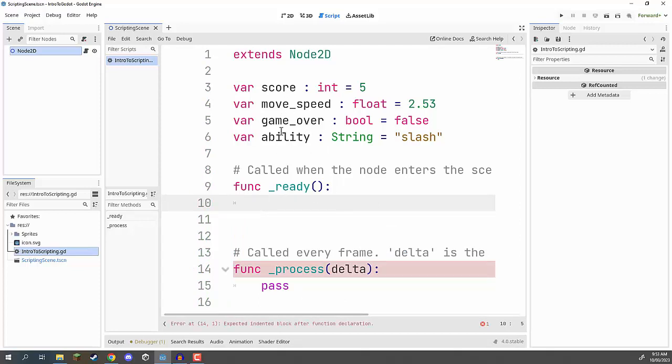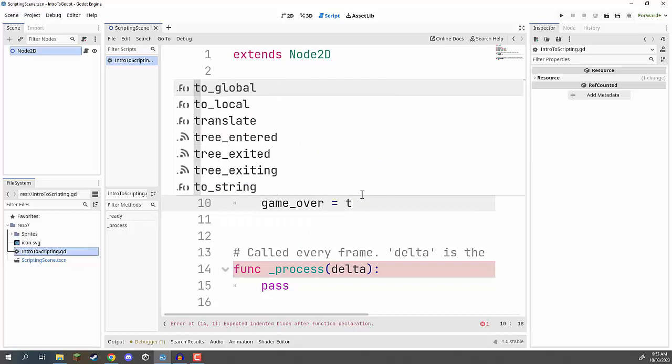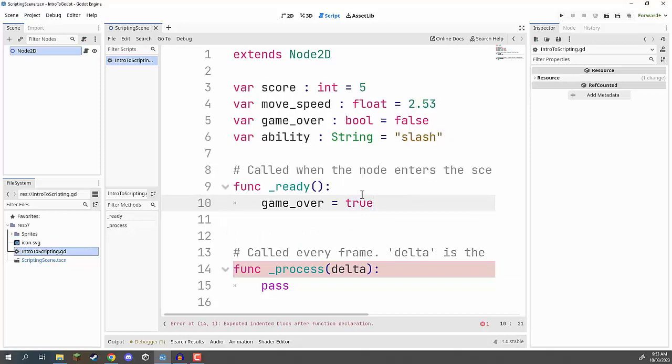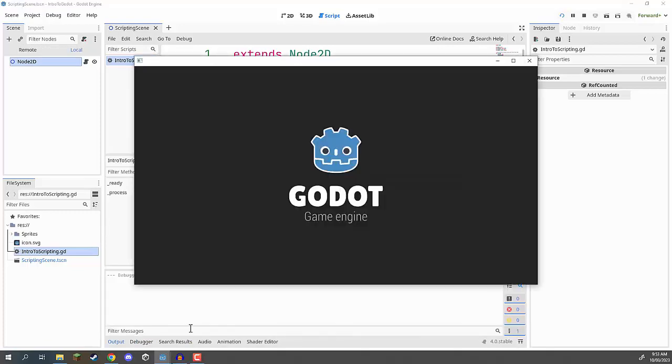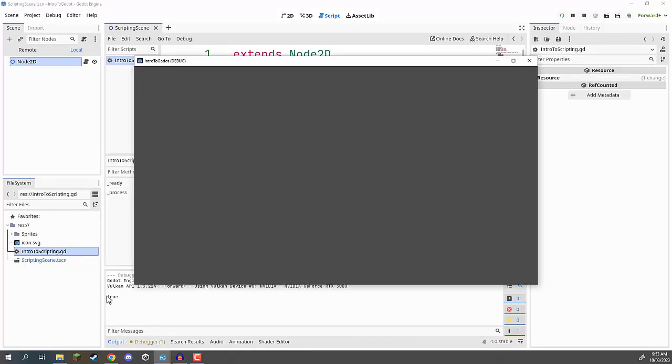variables. So let's say we want to change game over, okay? Let's just say something happens and the game is suddenly over. Well, we can go game over equals true, okay? And that is going to change that value from false to true. We can then print that out. So game over like so, save it, press play, and down here in the output, you can see it says